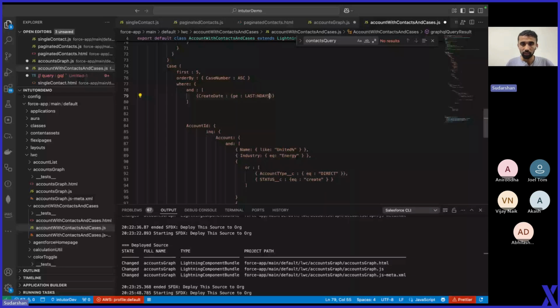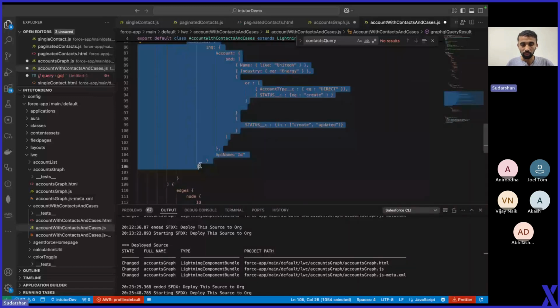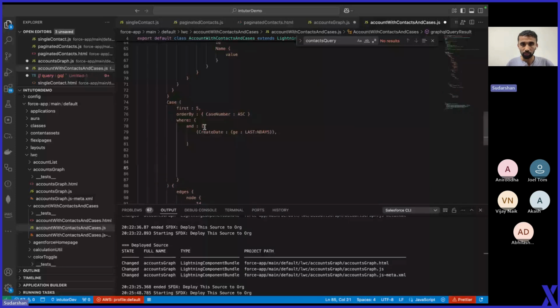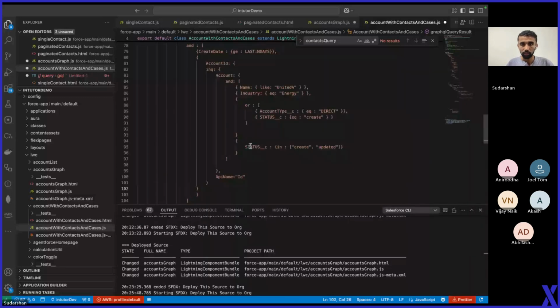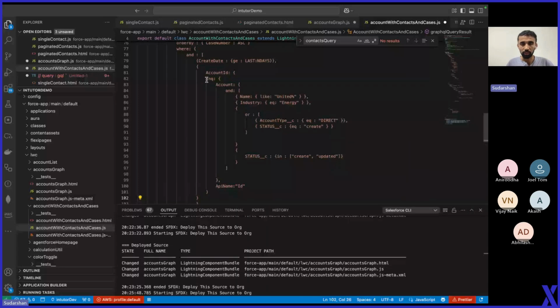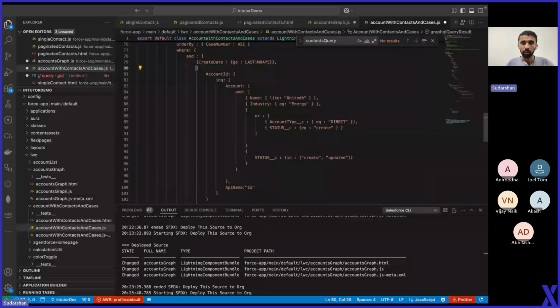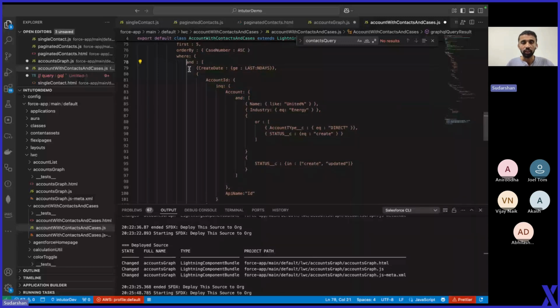And then our AND condition also contains this one, right? We put this one here with the additional curly braces, so that now this AND is composed of created date and our account ID in,